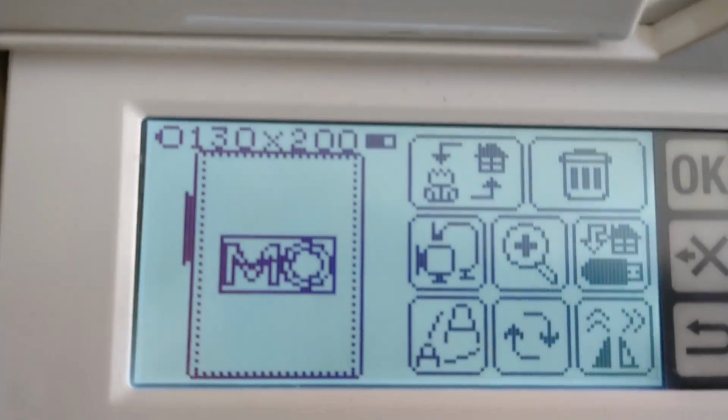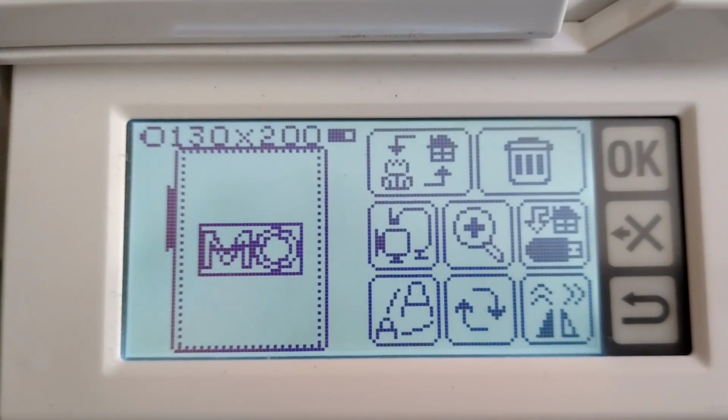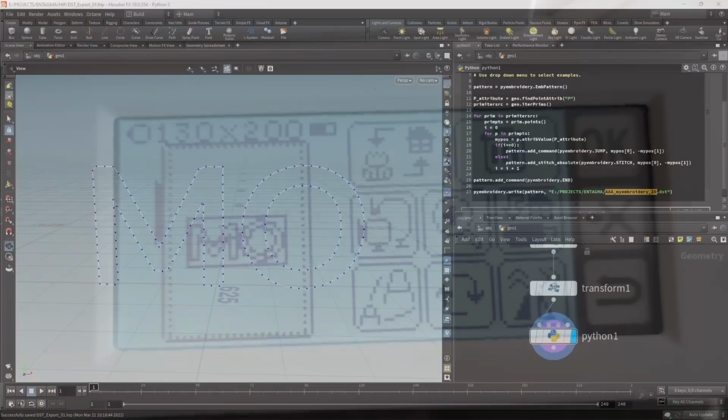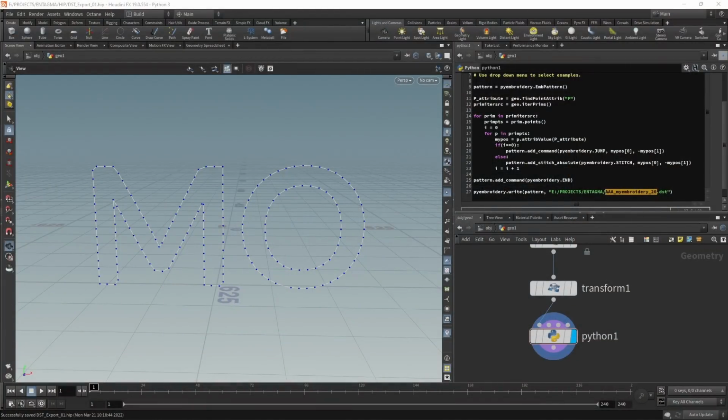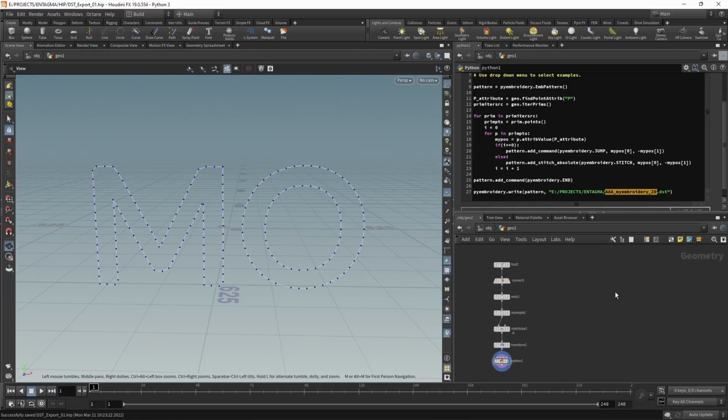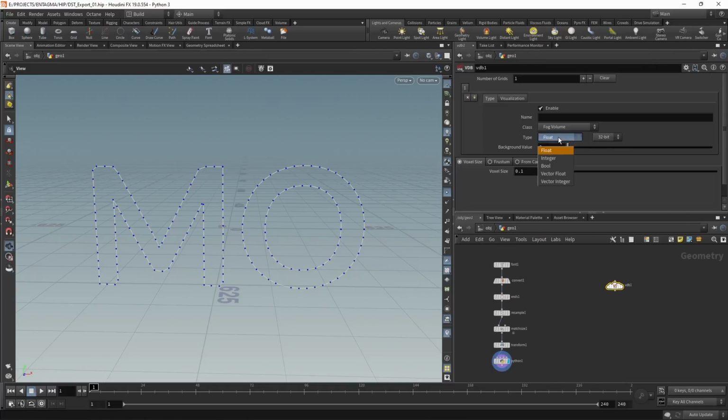And lo and behold, we can see a very coarse preview of what appears to be MO. Okay, that seemed to have worked. Now, a few more things if we want to embroider something a bit more complex than those individual 3 lines here. Say, for example, let's zoom out here a bit, and let's create a VDB into which we'll store a